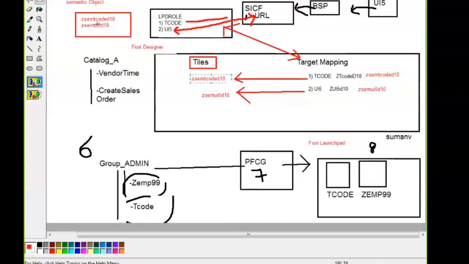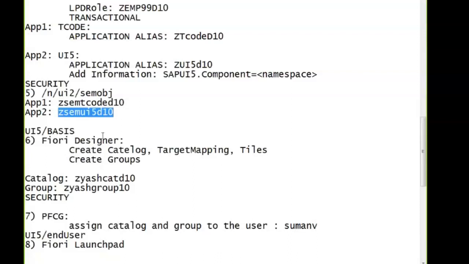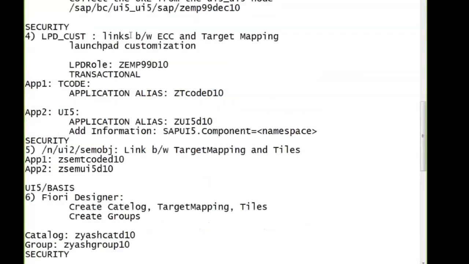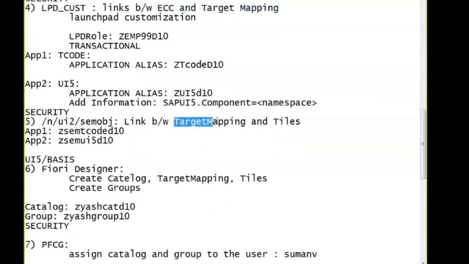So what your semantic object is doing is linking between target mapping and the tiles. LPD cust links between ECC and target mapping, and the semantic object links from target mapping towards the tiles.